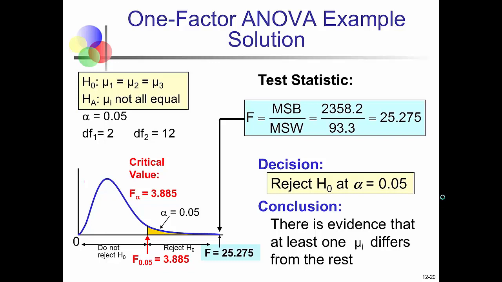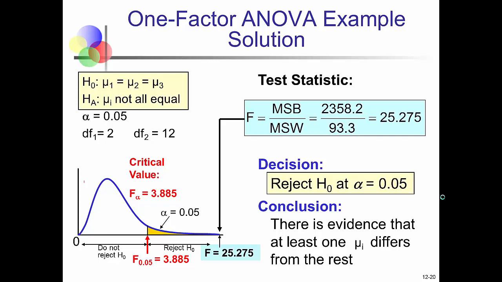That F critical value tells us that to reject the null hypothesis, we need to be beyond 3.885. Our mean squared between divided by our mean squared within was 25.275. So we're out in the rejection region on our F distribution, and we're able to reject the null hypothesis. In other words, we have evidence to conclude that at least one of those golf clubs performs differently than the